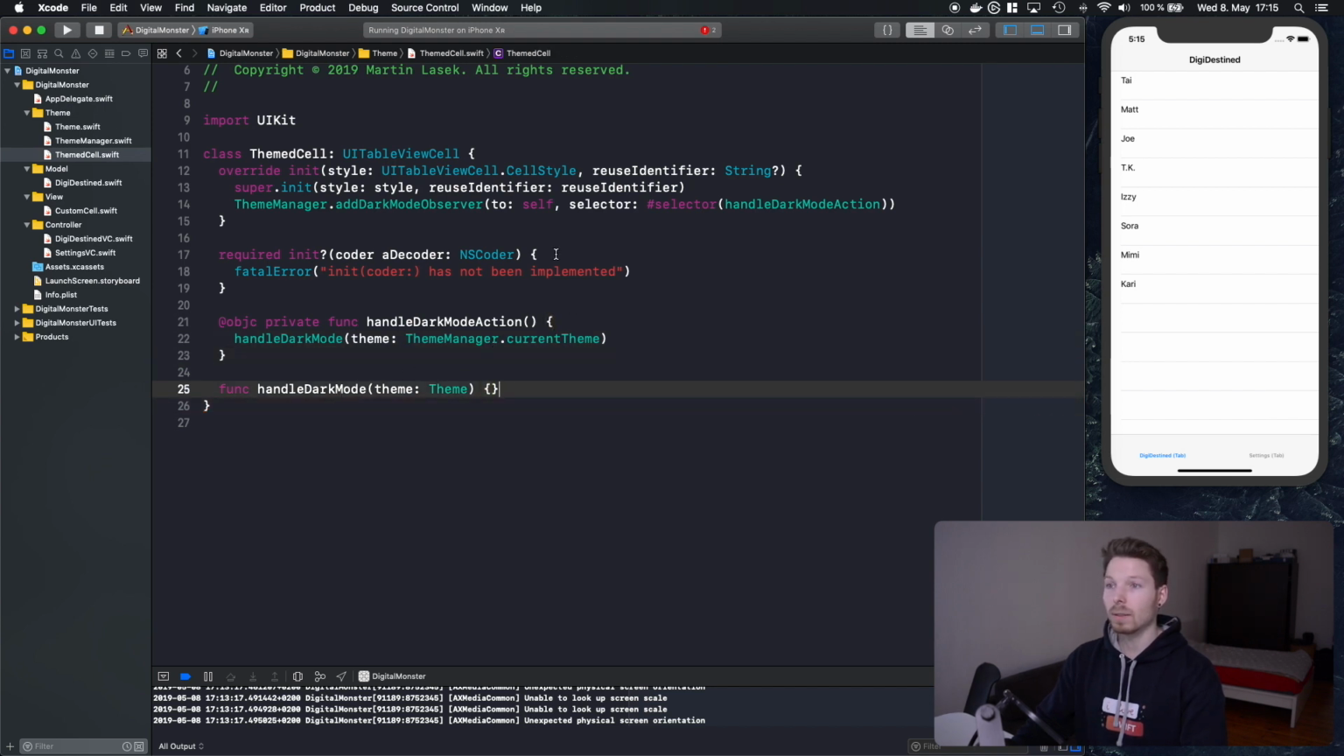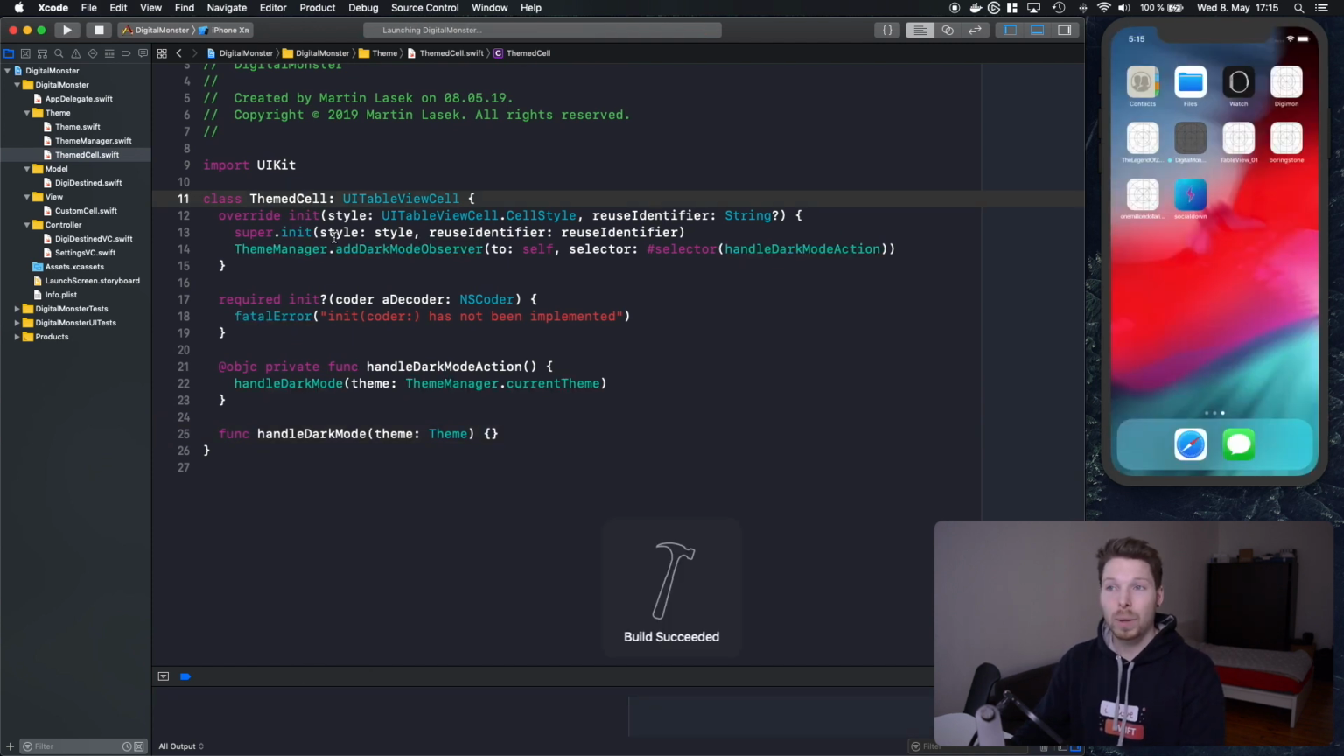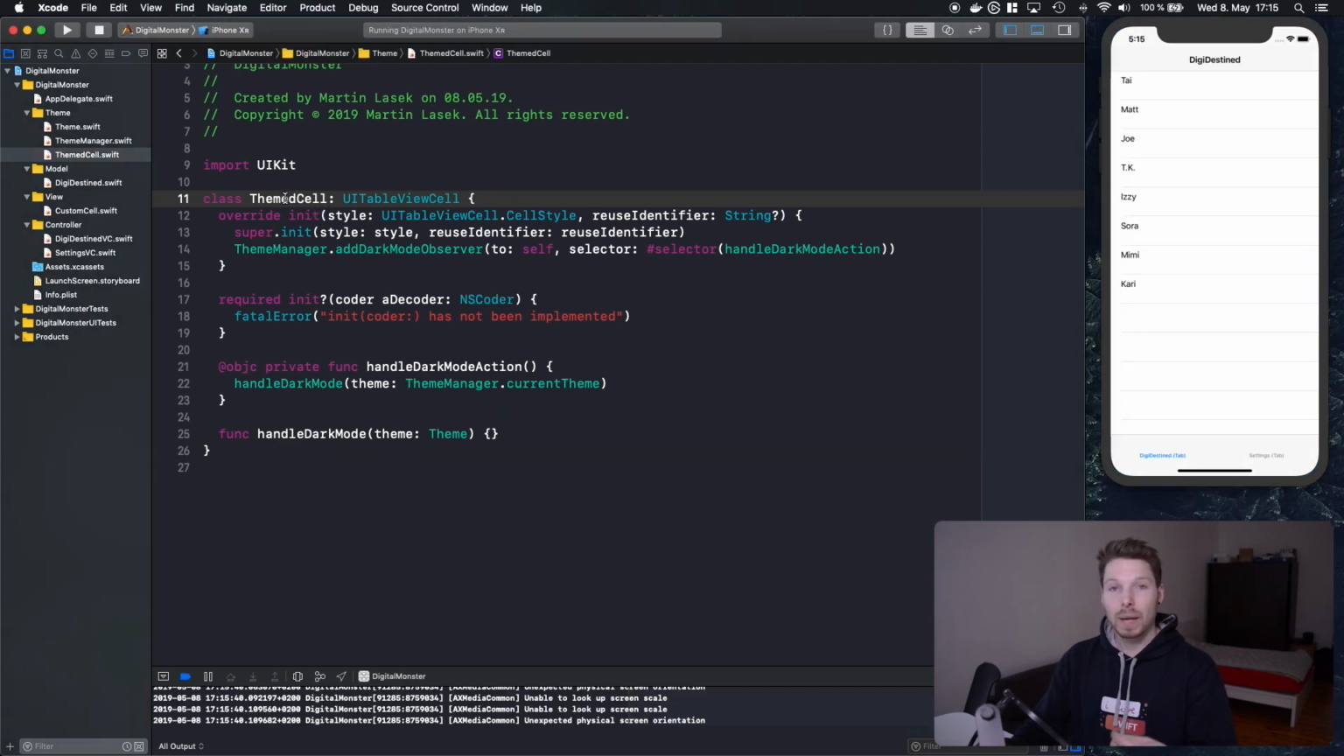I think that's it for themed cell. Now when we run, everything should just compile fine. We haven't used that class anywhere, but basically when this class is created, once we use it, it will have an observer and will listen to the name dark mode has changed, right? And once it hears it, it will execute that function. That function will call this function here and pass in the current theme that it will take from the theme